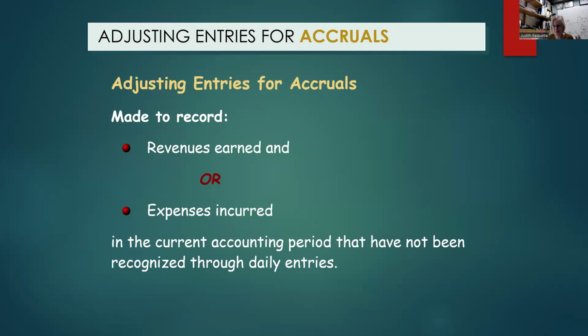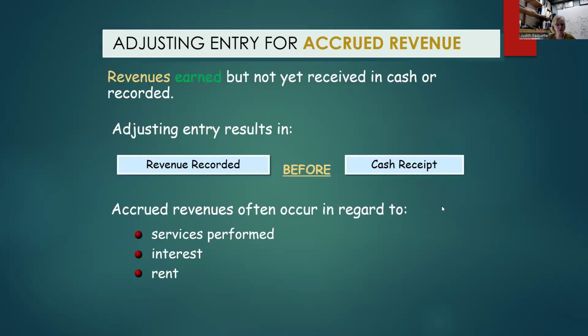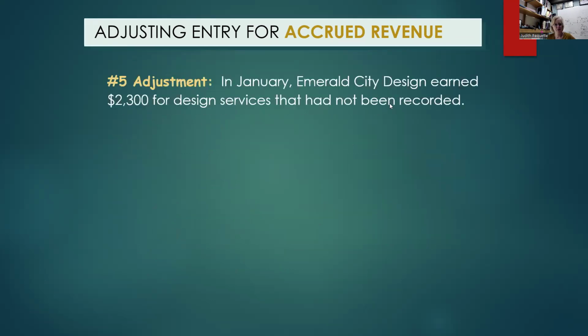But all 7 adjusting journal entries will either adjust a revenue account or an expense account. They'll either increase revenue or they'll increase expenses. So I'm going to jump ahead to